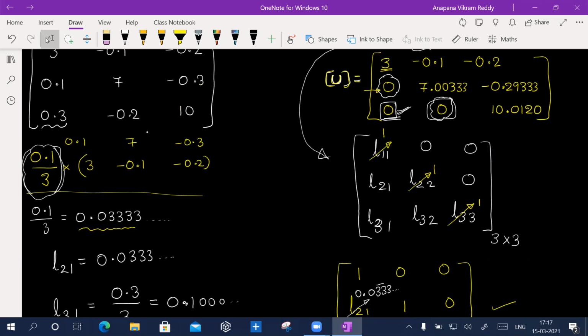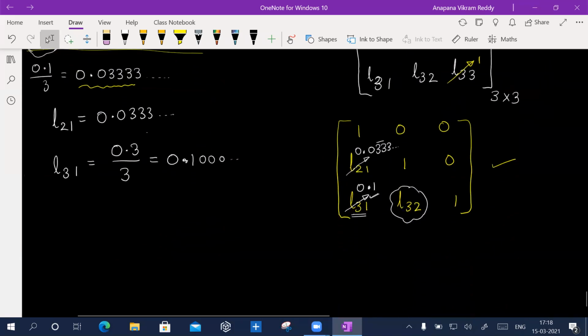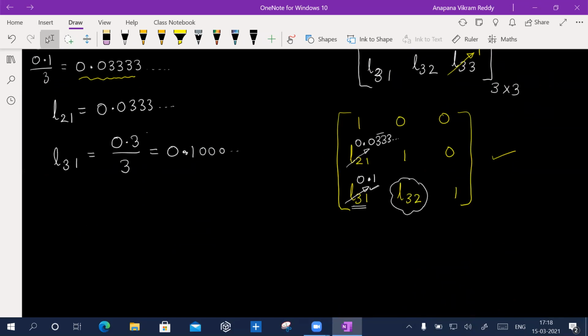The important point here is that whatever operations you use to prepare an upper triangular matrix, whatever multipliers we used, we have to capture those multipliers and accommodate them at the proper places of the lower triangular matrix. Once you do that, you are done with your L matrix, because the U matrix I know. Now anyone, what is L32 here? Minus 0.2 divided by